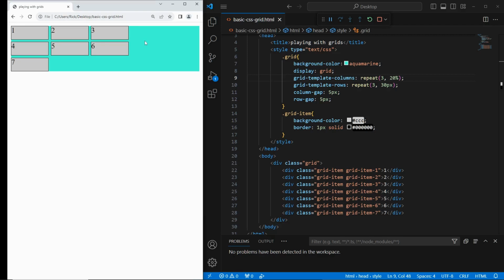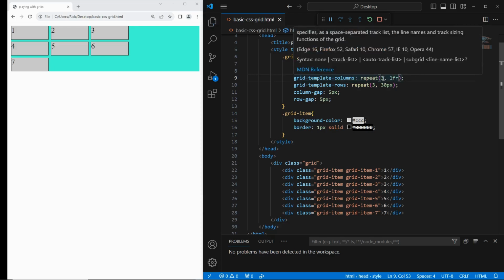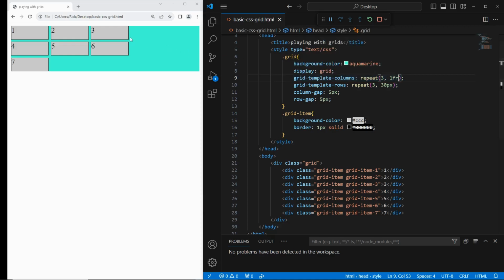There's an easier way, and that easier way is with a new measurement unit. I'm going to say 1 FR. FR stands for fractional unit. And if I save that, each one of our columns is going to use up an equal amount, 1 FR, of whatever free space is available. So if you think about that, we have 3 now. They're each going to be basically 33%. They're going to be a third of that